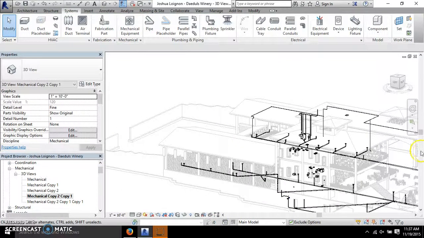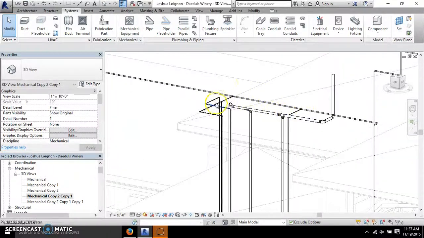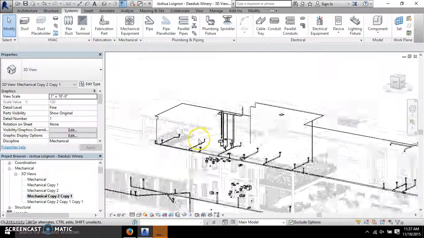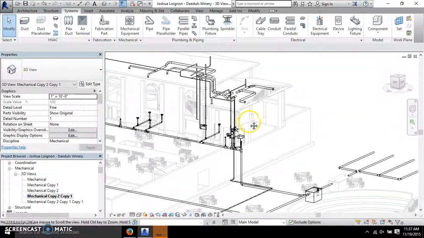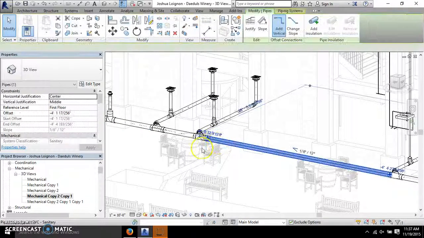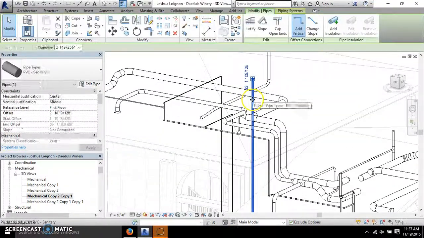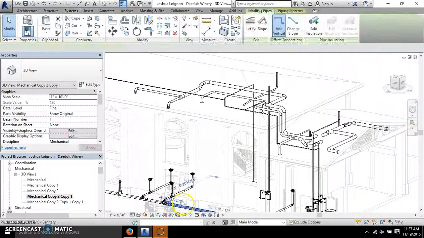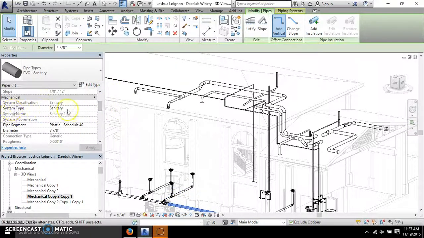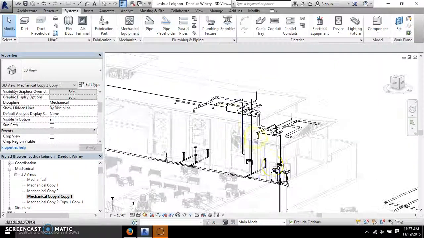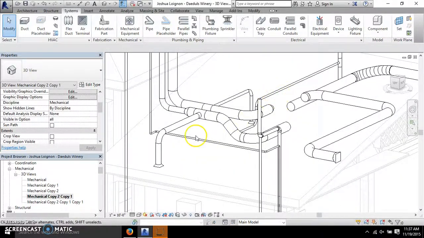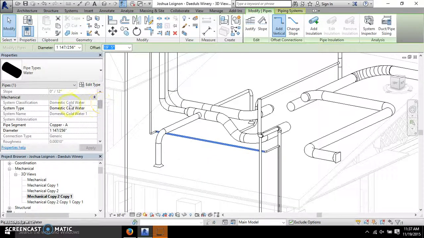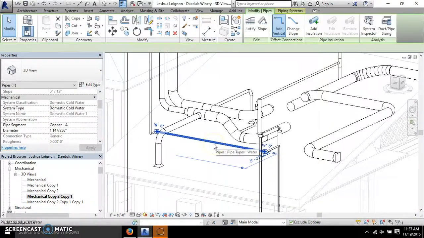So it works properly. So you can start to see how certain things go into each other. And then obviously all the sanitary piping and the vent piping. This is a vent pipe. And as I mentioned in the video, these are sanitary lines, and you can see the system type is sanitary, and that's important for the filter. This is a pipe that's domestic cold water. So you want to make sure the cold water pipe is set to cold water, because again, for the filter,